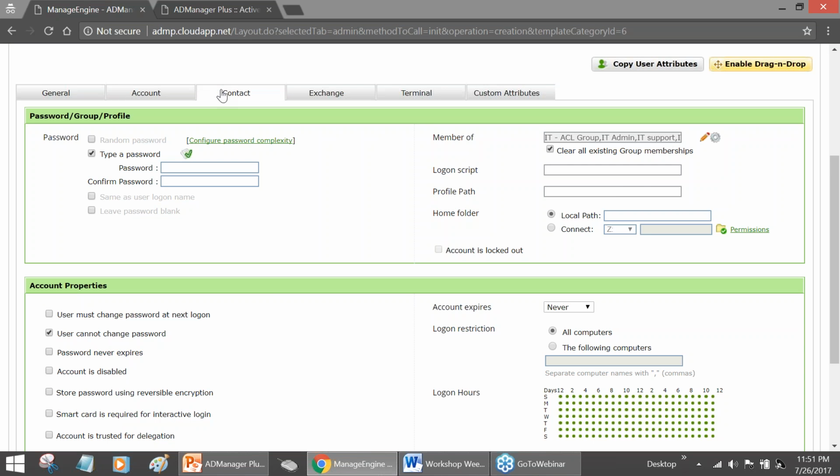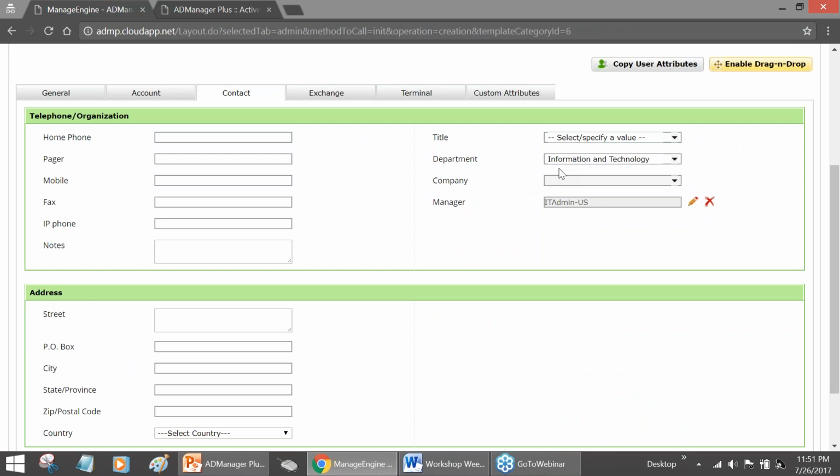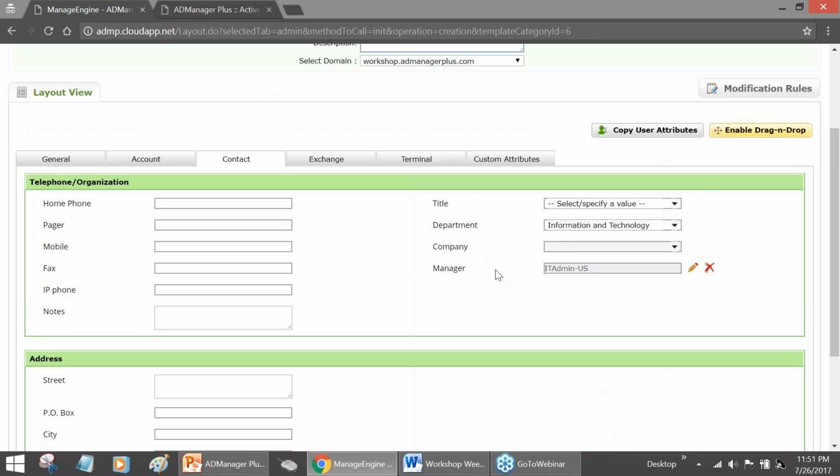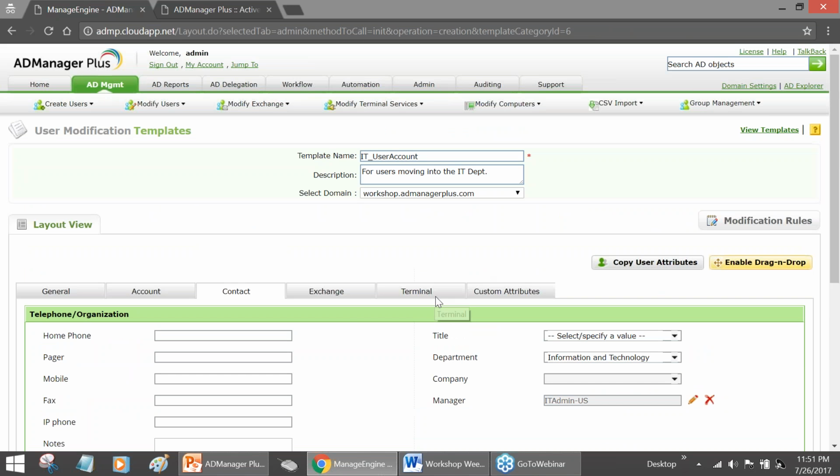All right, and from the contacts tab, I've mentioned the department and the manager attribute. So we're done with all the basics. We have covered all the modifications that have to take place when the user gets moved into the IT department. All right, just like the user creation templates, modification templates also let you copy attributes from